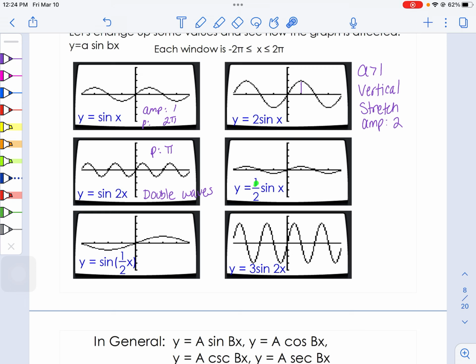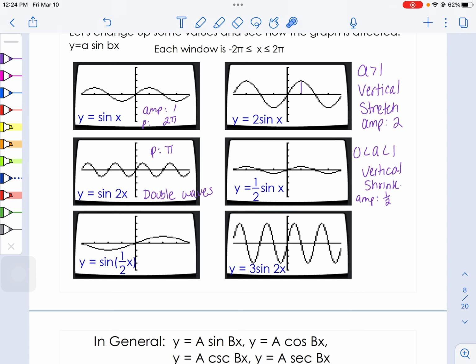So here we have 1/2 out in front as a, and you can see how that one changes. The wave height is smaller. So again, it reduced the wave height. So this one, since a is between 0 and 1, it would have a vertical shrink, and your amplitude would be 1/2. So the waves aren't quite as tall, but the 1/2 out front doesn't change the time it takes to